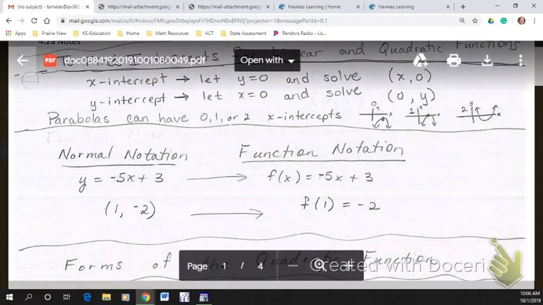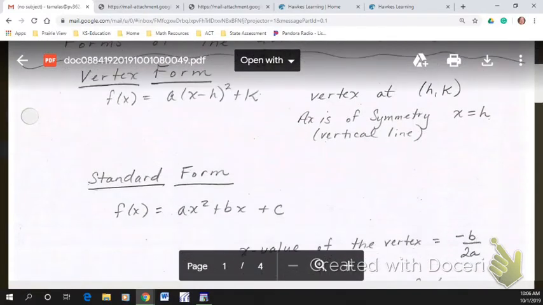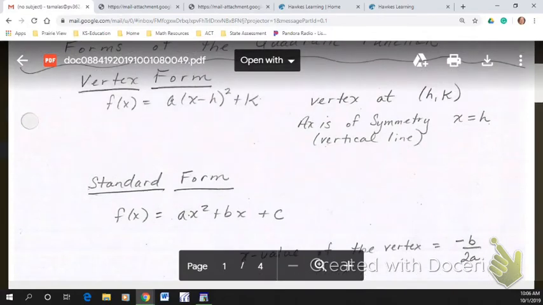Okay, let's scroll down a little bit. Okay, so parabolas, they always have a vertex, right? So we already, in the last chapter, went over lines left and right, inside out, upside down. You should know everything there is to know about a line. But when you graph a parabola, you could have it in one of two forms. It can either be in vertex form or it can be in standard form, all right? There are other forms as well, but these are the only two that really matter, standard form and vertex form,